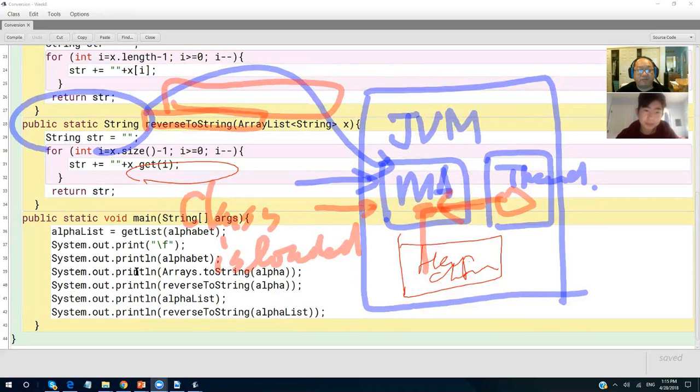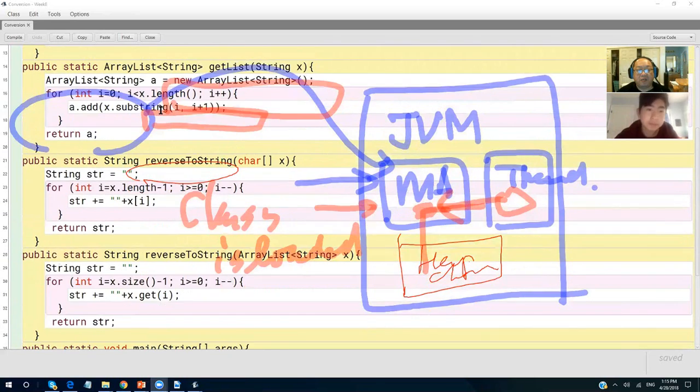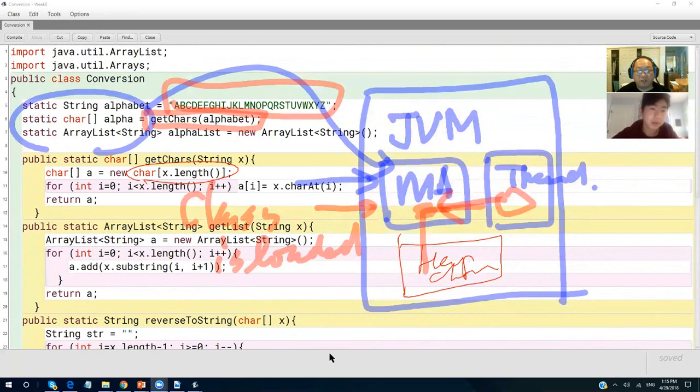And if there is some object, it will wait until the object is constructed using the constructor call before I actually have the data constructed and put into the heap. Is that okay? Yeah. So the order of the execution is